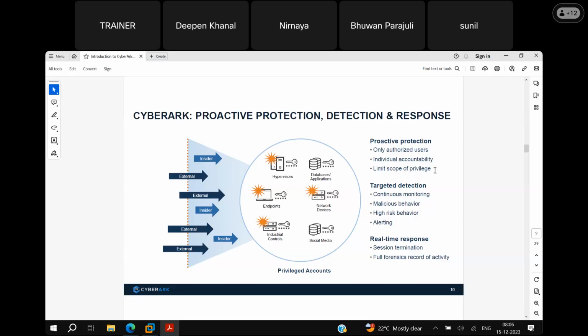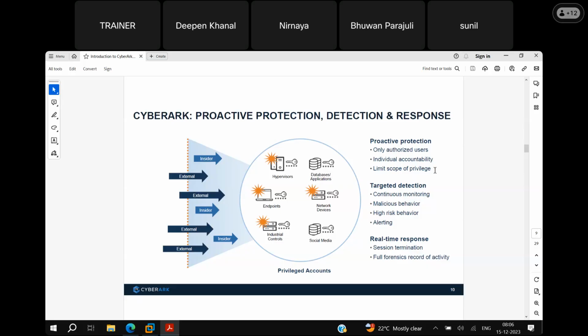The Windows team cannot see the Linux accounts, and the Linux person cannot see the Windows accounts. That we call individual accountability, where only authorized users can access. Such protection we can provide for the privileged accounts of those endpoints.